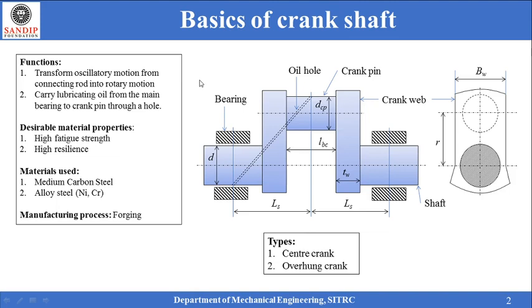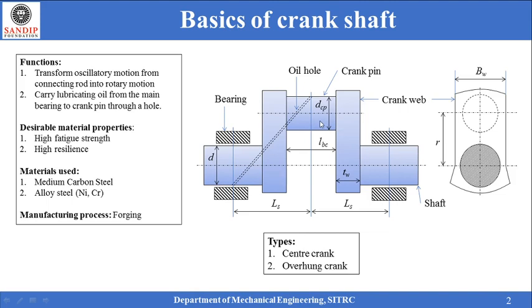Now on the right hand side of this slide you can see a figure depicting the construction of a crankshaft. So let us understand various components of a crankshaft and important dimensions in it. A crankshaft consists of two pins. The main pin is called the shaft, which is assembled in the bearings. These bearings are inside the crankcase of an engine. The other pin is offset from the main pin, which is called the crank pin. A crank pin is assembled inside the big end of the connecting rod.